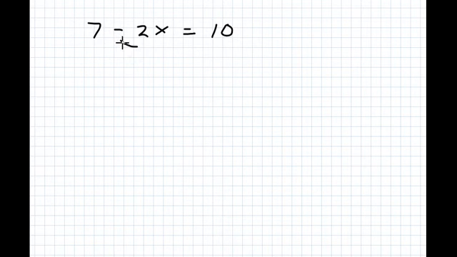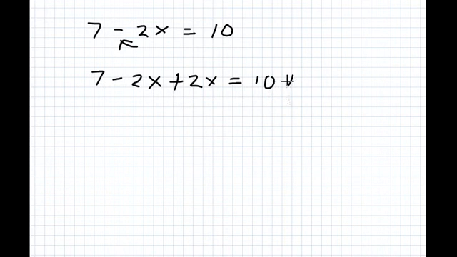Because I'll have a negative here, or there's a minus sign, I'm going to go ahead and take this guy over to this side. And so by doing that, I'm going to add plus 2x, 10 plus 2x. So as you can see, we have a minus 2x and a plus 2x, so that's going to be 0, right? So we got 7 is equal to 10 plus 2x. Now what I'm going to go ahead and do is subtract 10 from both sides